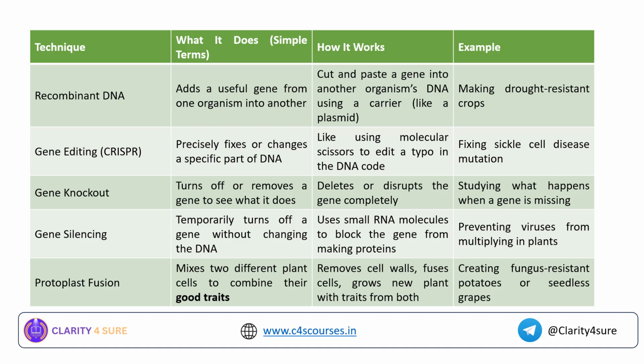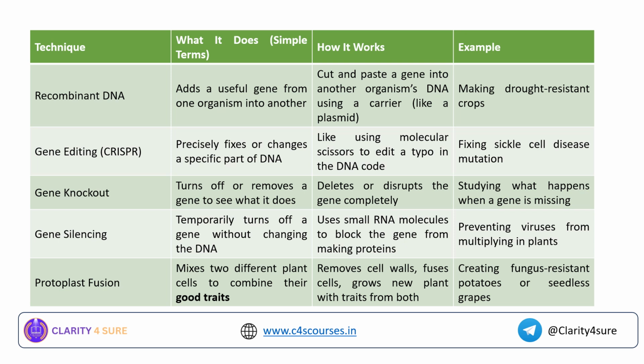What is a protoplast fusion? The keyword here is that it is a mixing of two different cells to combine their good traits. For example, there are two plants where one plant is drought resistant and one plant is of high yielding capacity. But the drought resistant plant is not high yielding and the high yielding plant variety is not drought resistant. So we will take the two good traits, the drought resistant trait and the high yielding trait, combine both these genes and create a new form of plant which will have traits from both